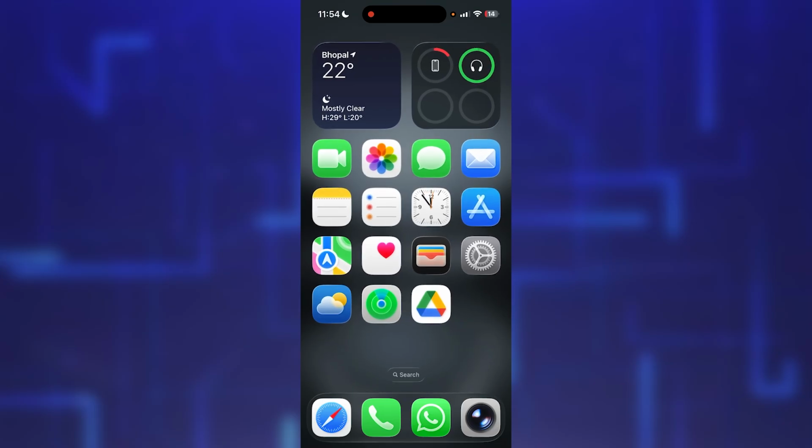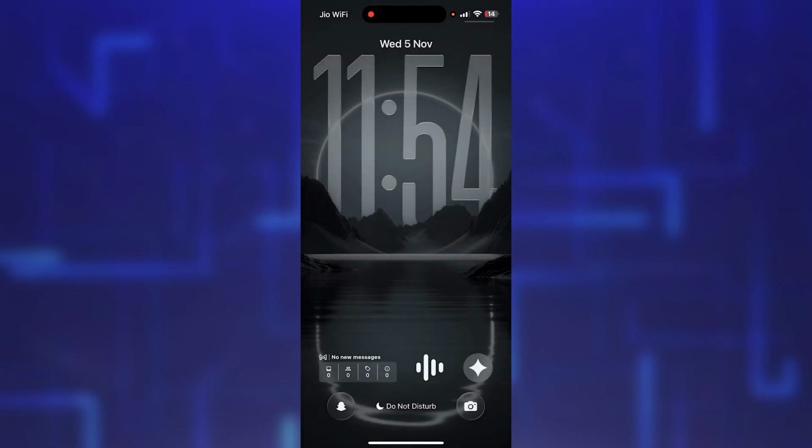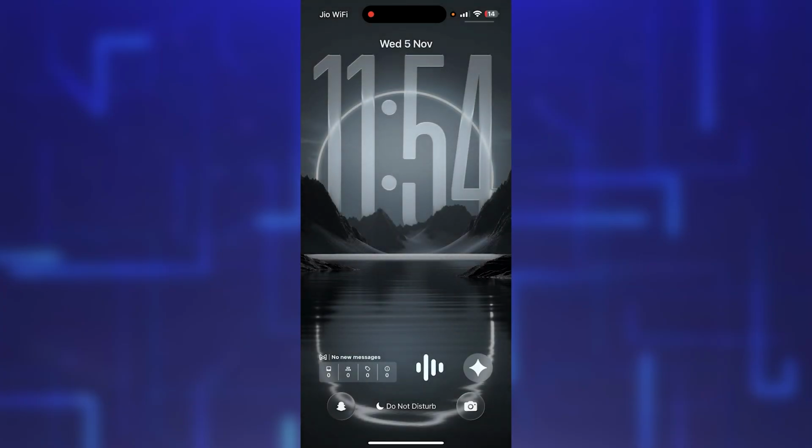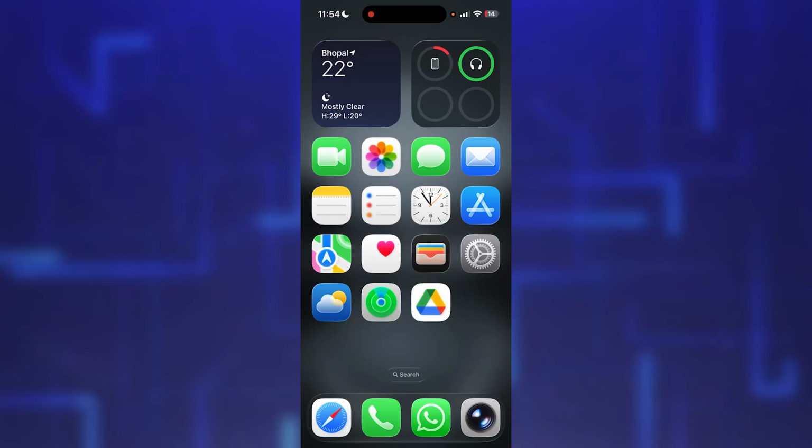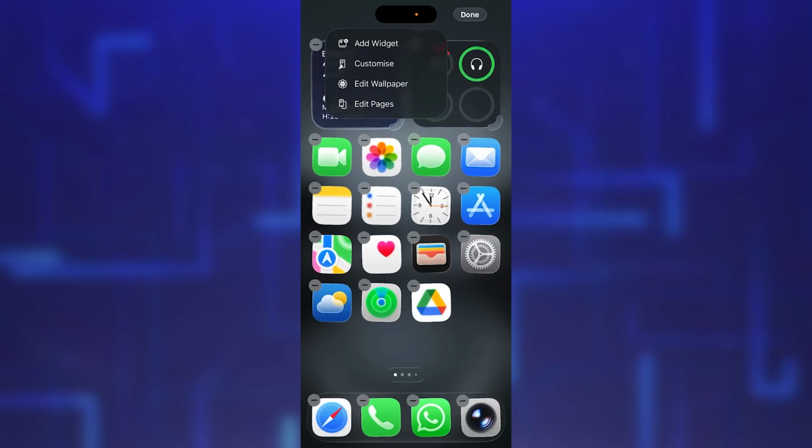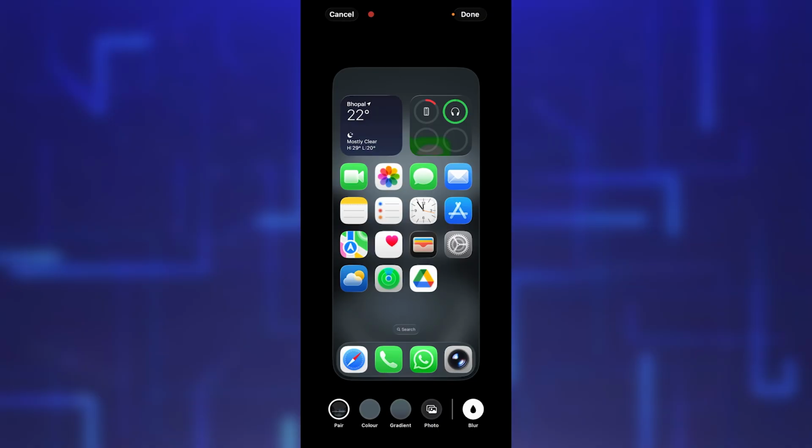Now for example, if I have applied a wallpaper, the same wallpaper is applied to the lock screen as well as the home screen. If I want to change the wallpaper for the home screen only, I just simply need to press and hold the home screen, hit on the edit option right there, hit on edit wallpaper, and you will notice the